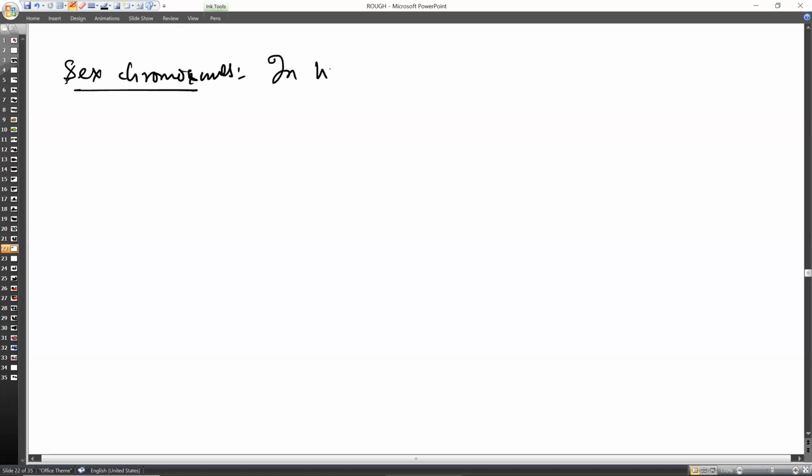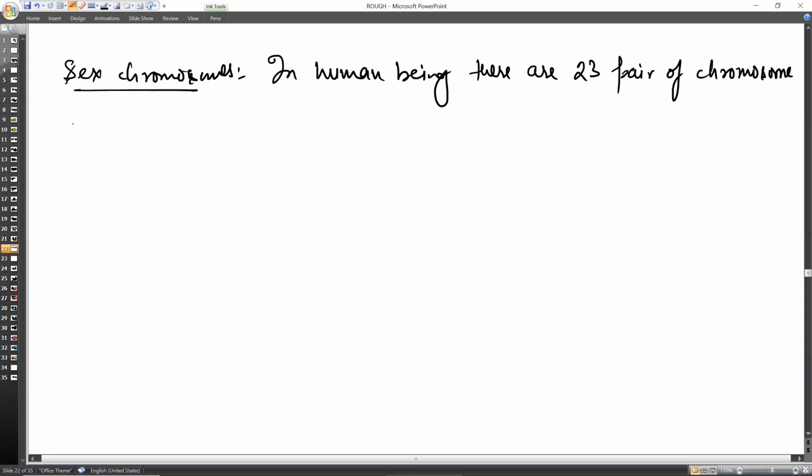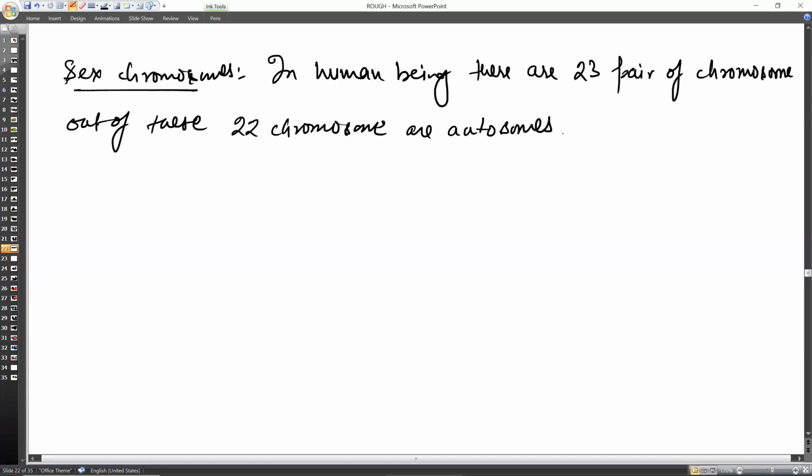pairs of chromosomes. Out of these, 22 pairs are autosomes. 22 pairs means 44 chromosomes are autosomes,